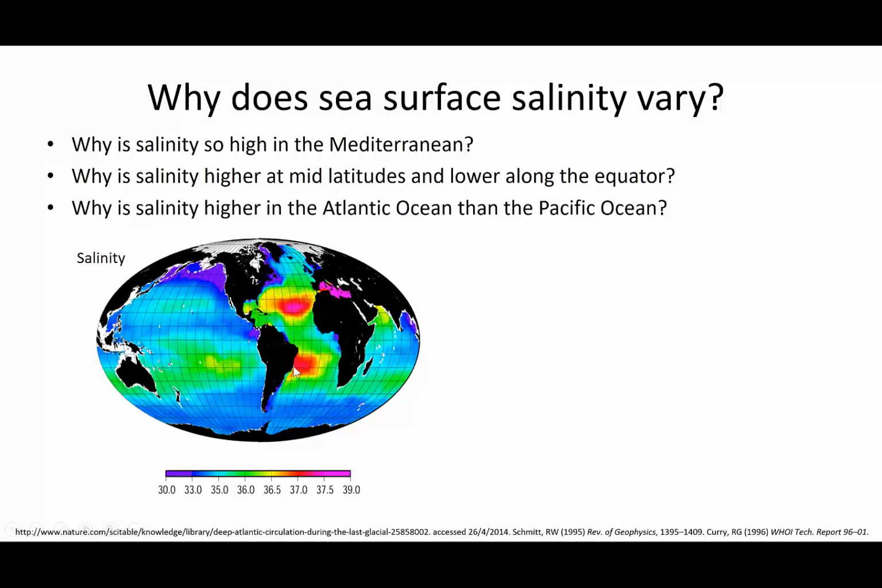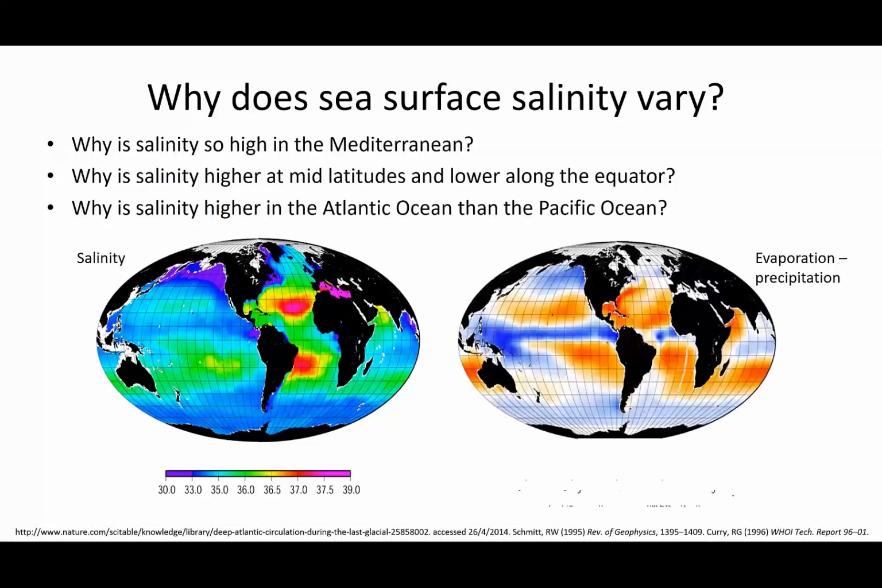Another interesting feature is the very high salinity in the Atlantic Ocean relative to the other oceans, the Pacific and the Indian Ocean. Another feature that you might notice is up in these areas here, in the North Pacific, and also in these regions here, as well as the Bay of Bengal. These areas of really low salinity are where the major rivers run into the oceans. Going back to the Mediterranean, the high salinity along the mid-latitudes, and why the Atlantic Ocean is more salty than